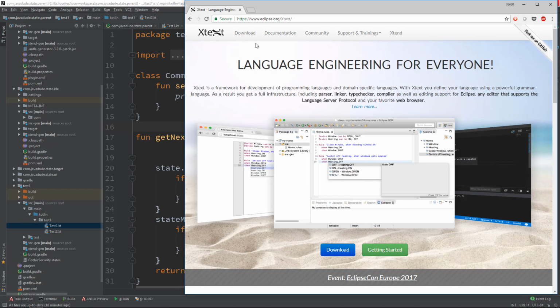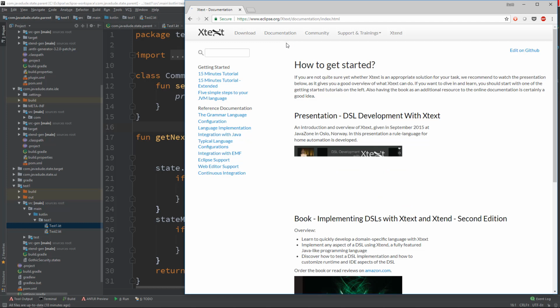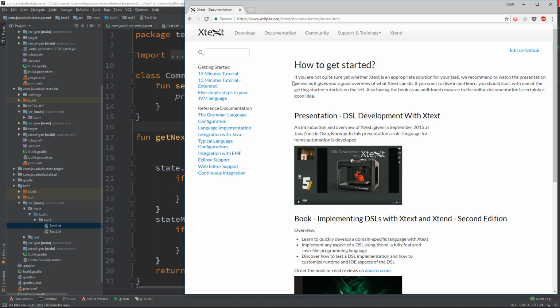So if you go to the Xtext main page, if you search for Xtext, you'll find it really easily. They've got some really good documentation here. Some of it's a little thick, and by that I mean it's just kind of hard to get the feeling of